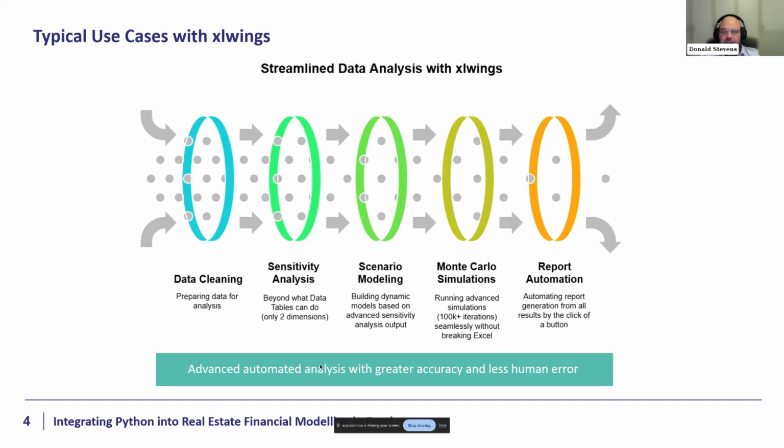Monte Carlo simulations, if you try to run 100,000 iterations based on 5 or 10 different input variables in Excel, it will break down. I've tried, just to make sure that I can actually state that. But what makes this wonderful is you can actually do the computation outside of Excel, in Python. Many of the packages within Python, the functions you use within your syntax, already have the calculation embedded within them, which means it's so much faster in computing, and the computing power needed is so much less. It's still going to take time, don't get me wrong, and you'll see it when you run these things. But